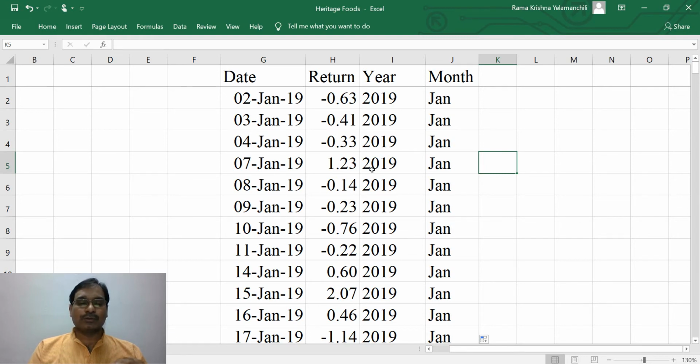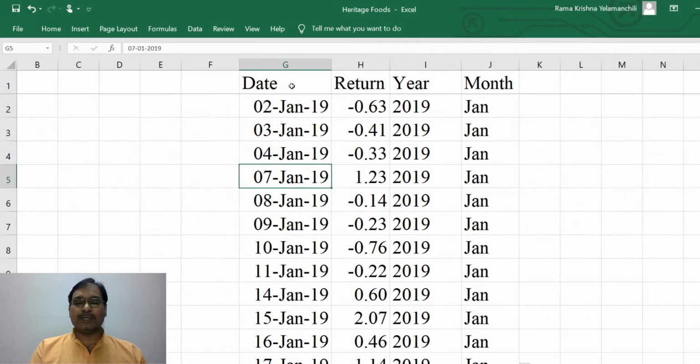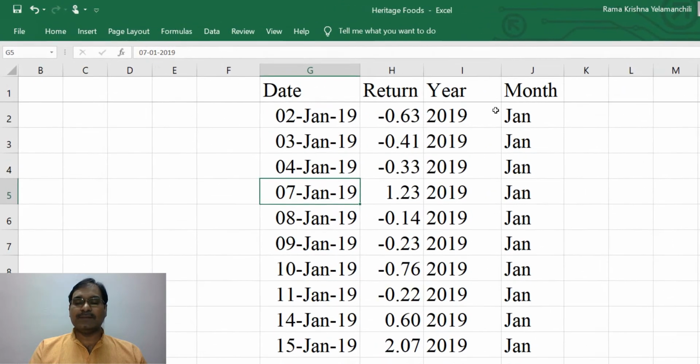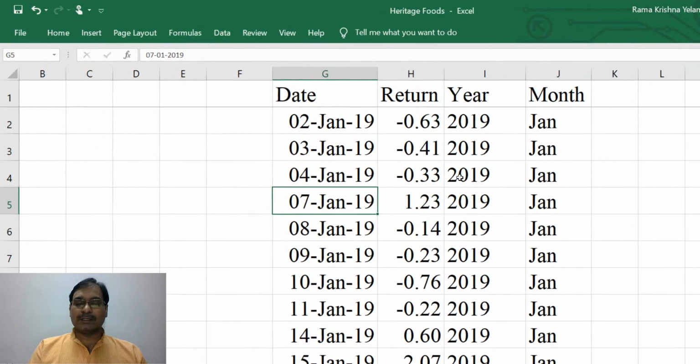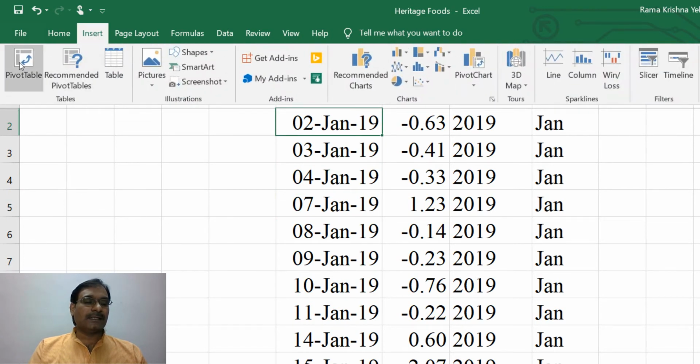So to start with an Excel pivot table, the first thing is that you need to place your cursor anywhere in the data you have. So here I have data in columns G, H, I, J. Among these 4 columns you can place it anywhere, so that Excel automatically identifies the data. I will place it here, then click on the Insert tab, then click on